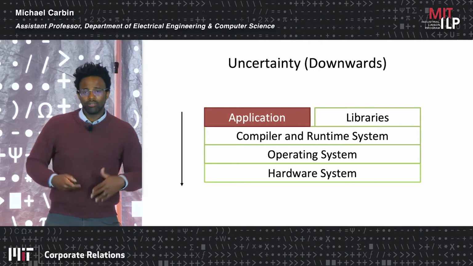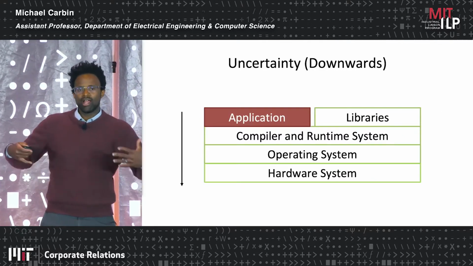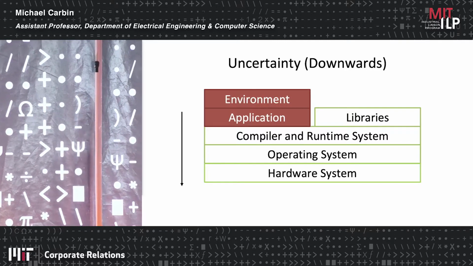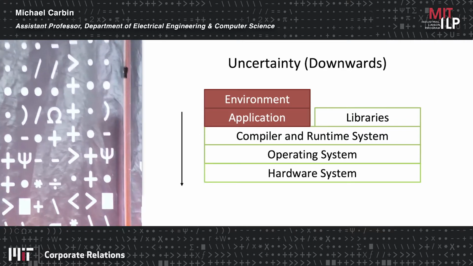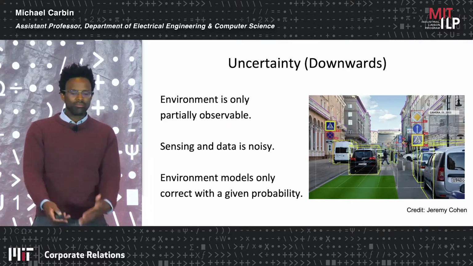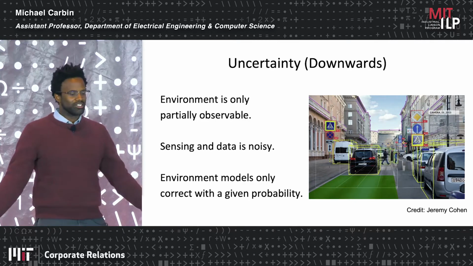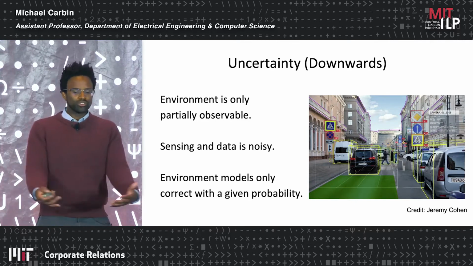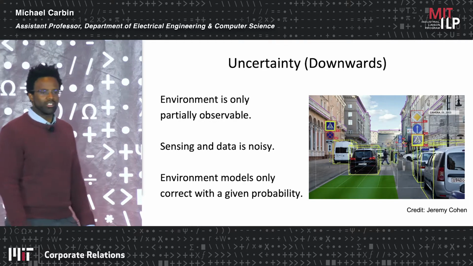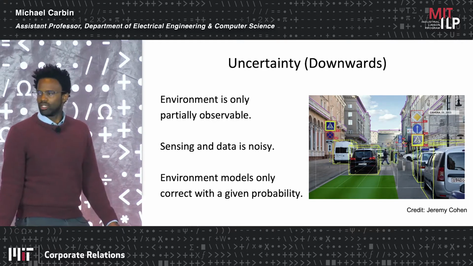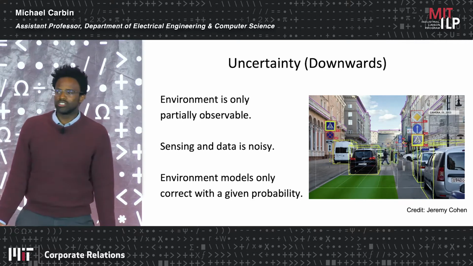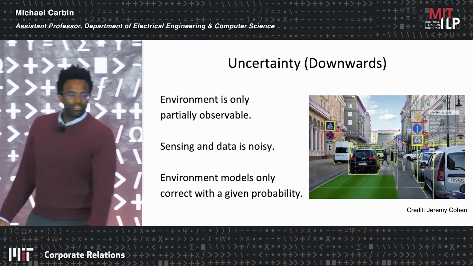Now, coming up from above as well, we've got uncertainty coming towards us. In our application level, and in particular, our applications are now settled in this uncertain environment, something that we oftentimes don't think about as computer scientists. But what is this environment? Well, if we take as an example something like an object recognition algorithm and application, what it's trying to do is reconstruct the location of objects in the scene. And, well, this environment is only partially observable, right? I mean, the whole problem here is we don't actually know the exact locations of these objects, and we want to figure out where they are within some epsilon.